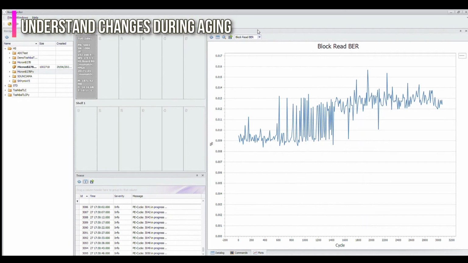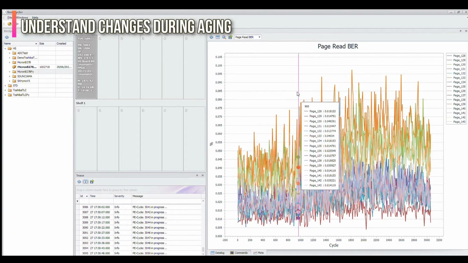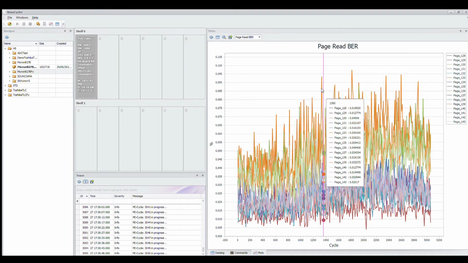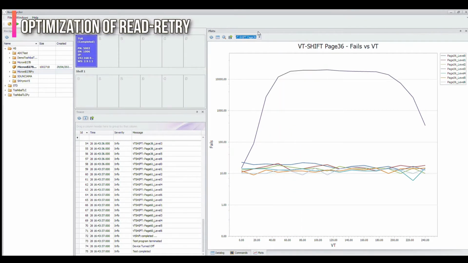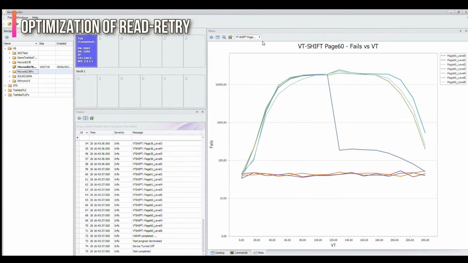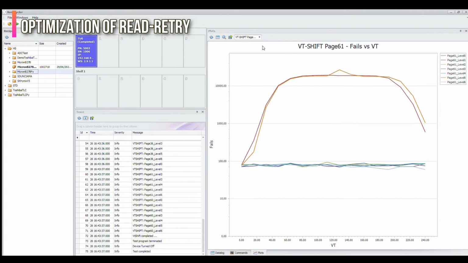The SSD firmware needs to know how the NAND characteristics change during aging and has to take the corrective actions, usually the adjustment of the read levels. This adjustment, the so-called read-retry, is expensive in terms of execution time. If we know in advance which is probably the best setting, we can reduce the error flow trigger rate, which results in better overall quality of service.